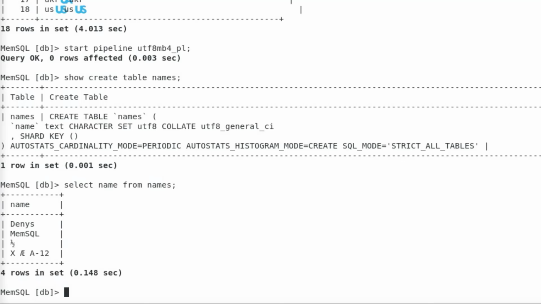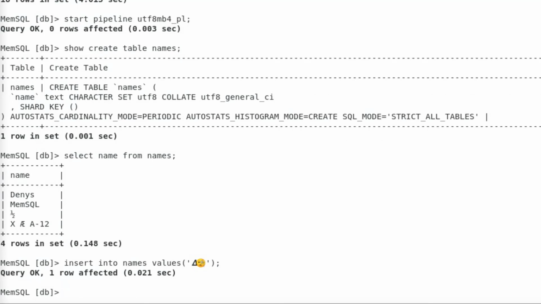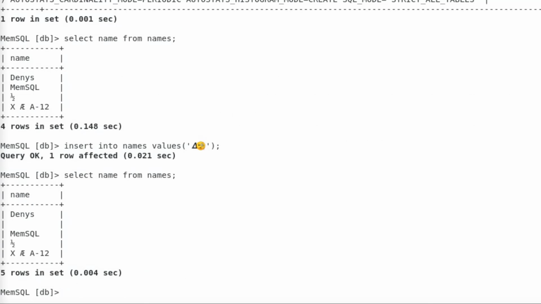But one day somebody decides to have the name bold delta face with monocle, like this. When we try to insert it and then check, we understand that the name is invalid because it contains 4 bytes Unicode symbols. But it's not a problem with UTF-8 and before. Let's modify our table